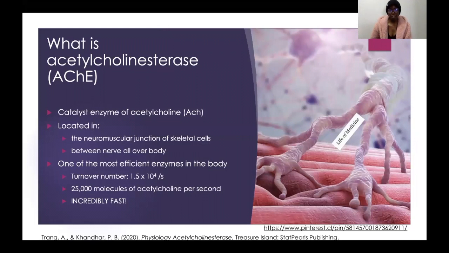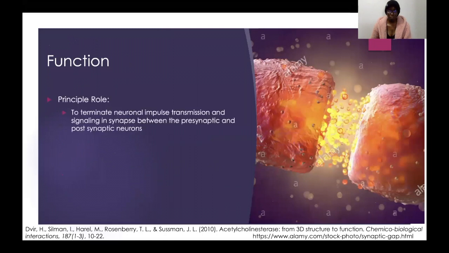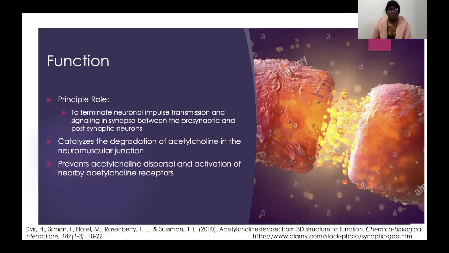fourth molecules per second, meaning it can catalyze up to 25,000 molecules of acetylcholine in a single second, which is incredibly fast. So its principal role with respect to function is to terminate the neural impulse transmission and signaling in the synapse between the presynaptic and the postsynaptic neurons in the body. It also catalyzes the degradation of acetylcholine in the neuromuscular junction, as well as preventing acetylcholine dispersal and activation of